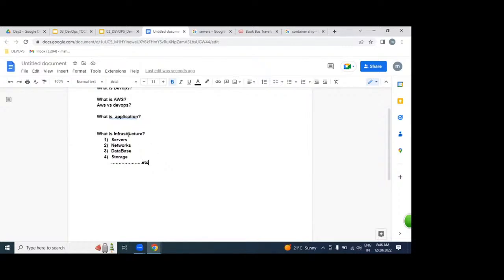I'll repeat this. Application is nothing but what? Website. For maintaining this website, we require infrastructure. What kind of infrastructure do we require? Servers, network, storage, database. My question specifically after this is, in how many ways can we get this infrastructure? You know the answer, please answer it. How many ways to get infrastructure?